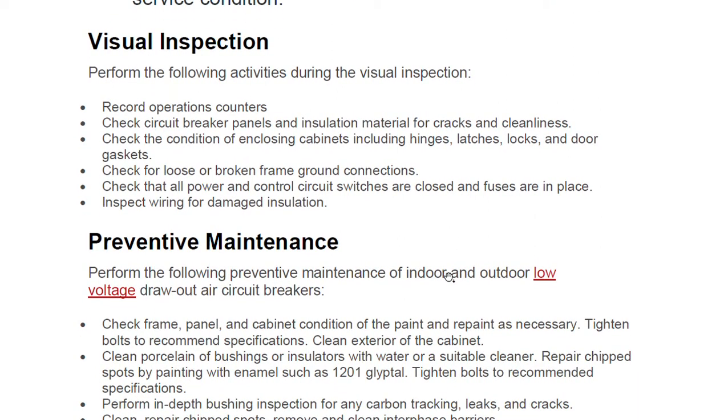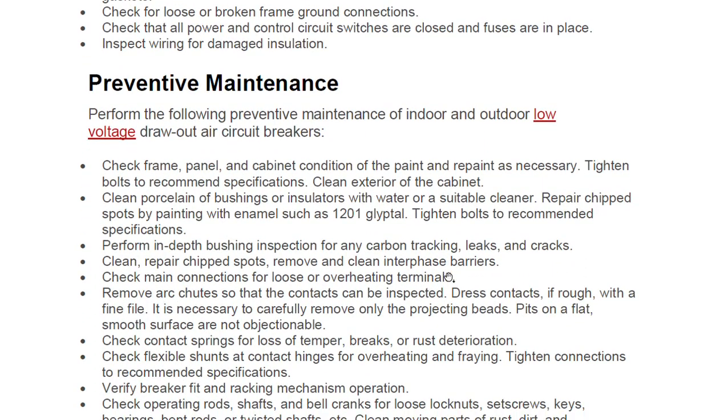In visual inspection, if you go in depth, these things they may not be so much we are supposed to tell. Perform the following activities during the visual inspection. Record operation counter, check circuit breaker panel and insulation material for cracks and cleanliness. So visually what we are doing as a mechanical person, that only we are supposed to do. Check the condition of enclosing cabinet including hinges, latches, locks and door gaskets. Check the loose or broken frame ground connections. Check that all power and control circuit switches are closed and fuses are in place. Inspect wiring and damaged installation. When we talk about preventive maintenance,